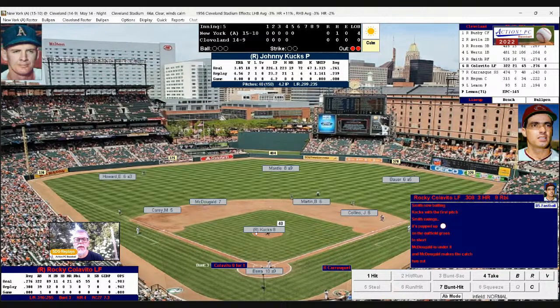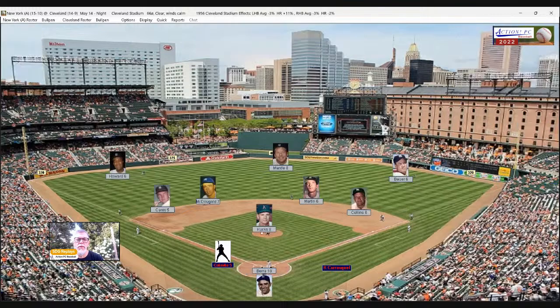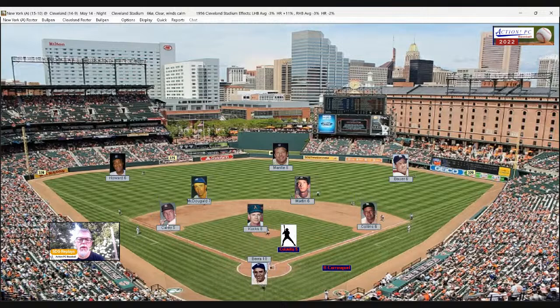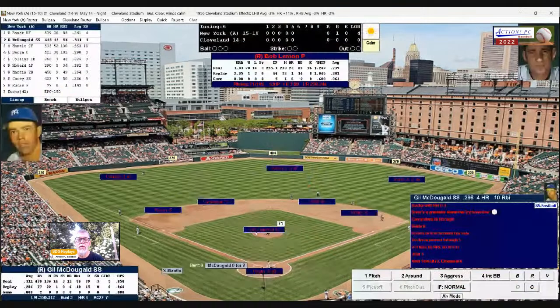Kucks into the windup, and the pitch. Colavito, ground ball to Carey at third. Carey up with it, fires it over to first for the 5-3 putout. And there is a perfect game alert as Kucks is pitching a perfect game so far through 5. We go to the 6, and I think the perfect game alert probably just jinxed Kucks,